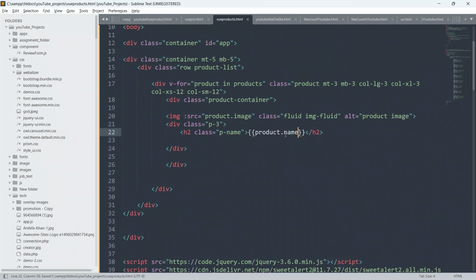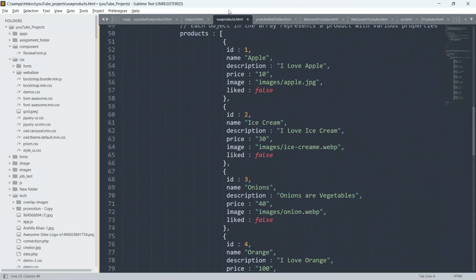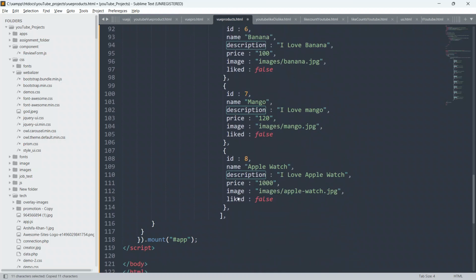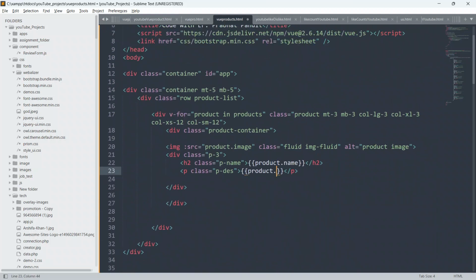So now below this h2, I'm gonna create a para element. So give p, close this p first, and give class also. So give p dash description. Okay, and put double curly braces, and put this product from here, and put descriptions. Okay, this descriptions guys, up to the last one it will display descriptions of the product.